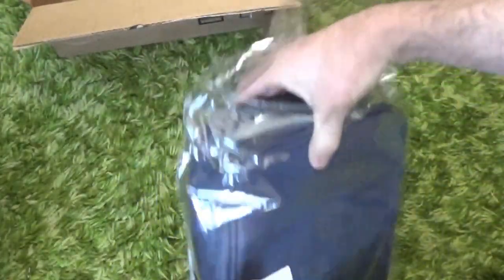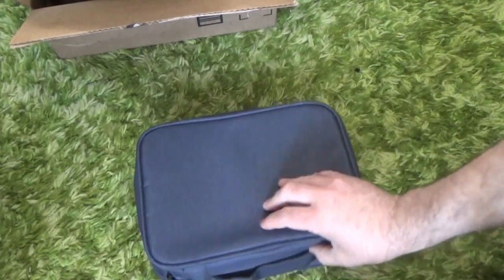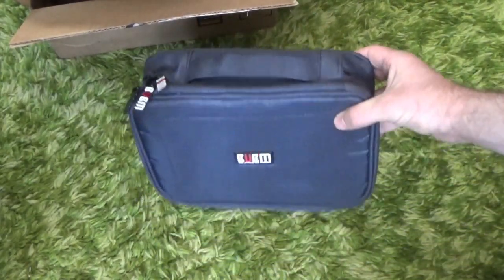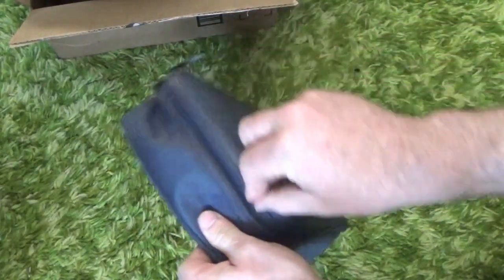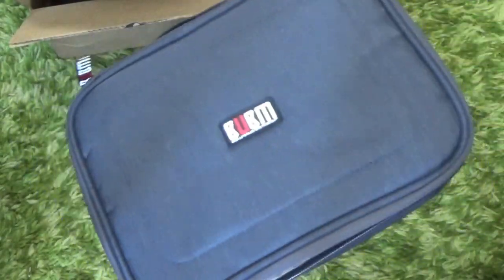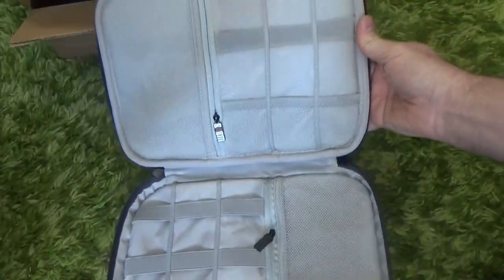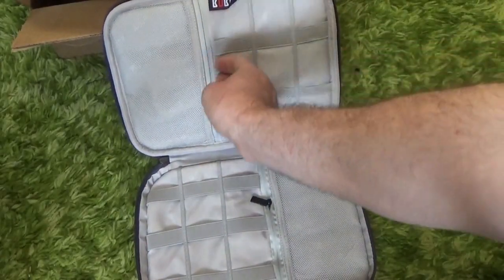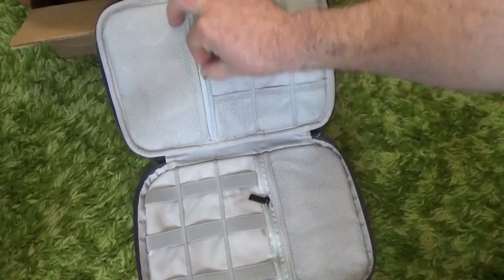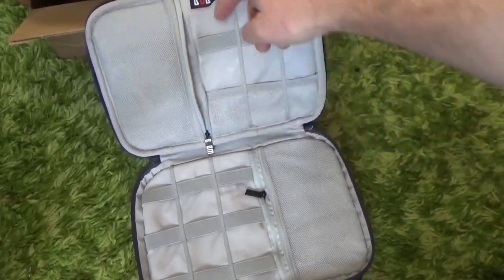It's actually bigger. So this is actually bigger than it looked like on the internet, which is nice. So it's got two compartments. Let's have a look here. Oh, look at that. It's got a zippered pouch. Okay, there's a zippered pouch. Which way is open? There we go. It's got some